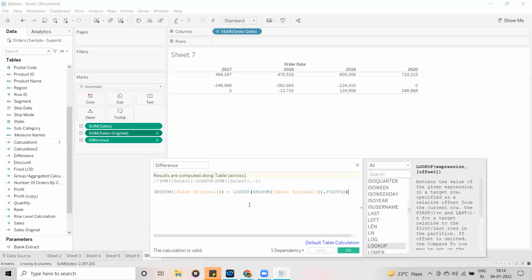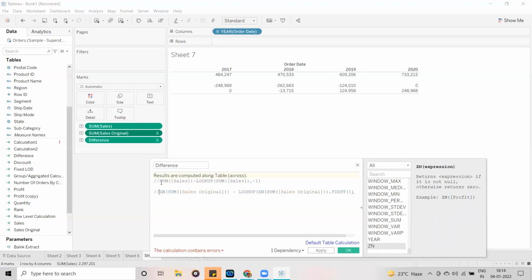So whenever you are writing a calculation, now let's see what I try to do here. My requirement is sum of sales. If I haven't mentioned anything, sum of sales means whatever dimension we mention here, each data member in that dimension will get some value. For example, if I look at 2019, then by default the 2019 sales will be there. That's why I have taken sum of sales.